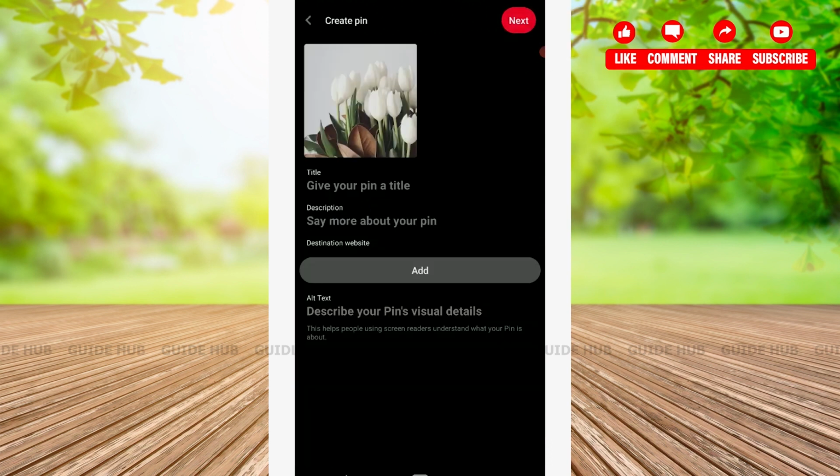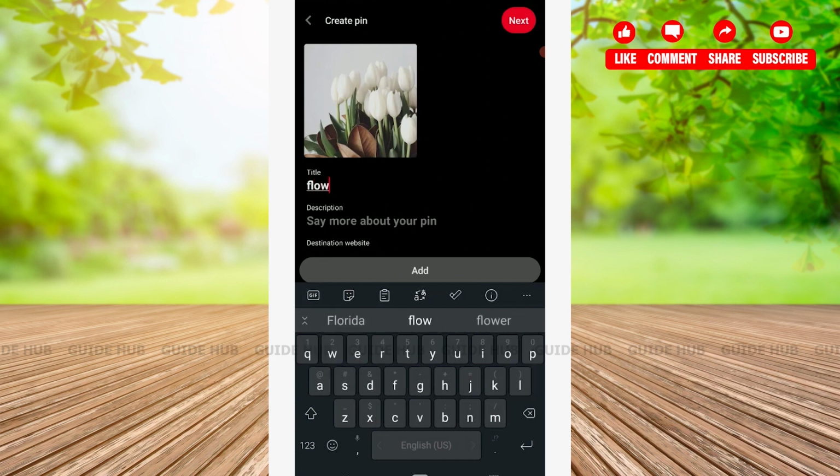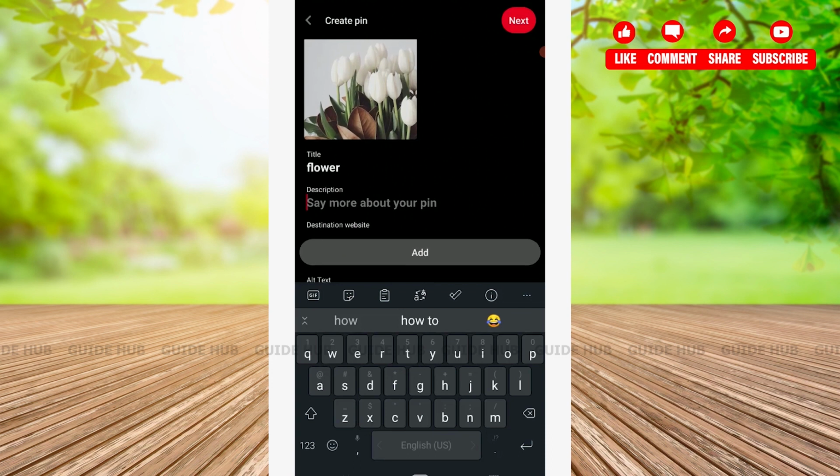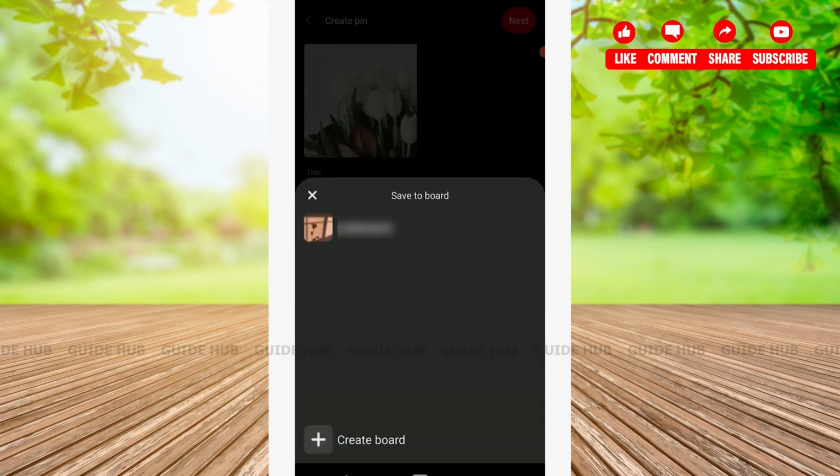Now you need to give a title. I'm just gonna go with the random details. Then you type in the description over here, and then if you have a website, you can tap it on the destination website. Once you fill in all the details, you tap on next, and then you will need to